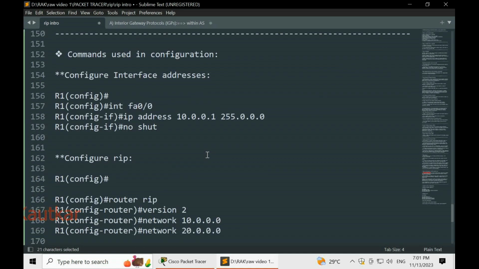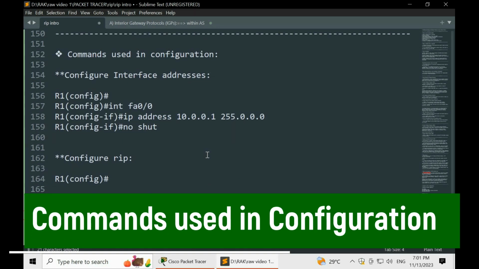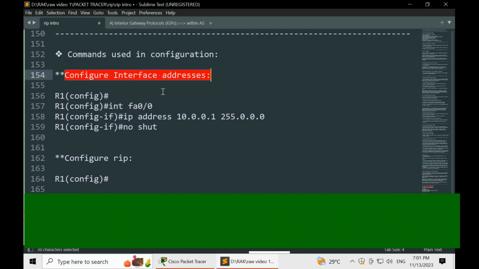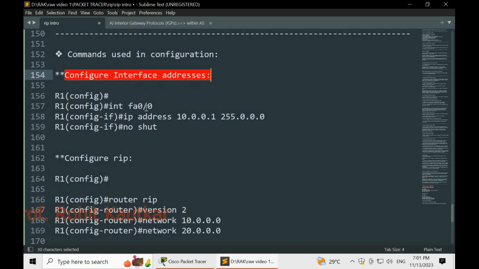Now at last we have to go through a few commands that we are going to use in Cisco Packet Tracer for configuring RIP. These are the commands for configuring the interface. Here we are in the configuration mode of the R1 router.